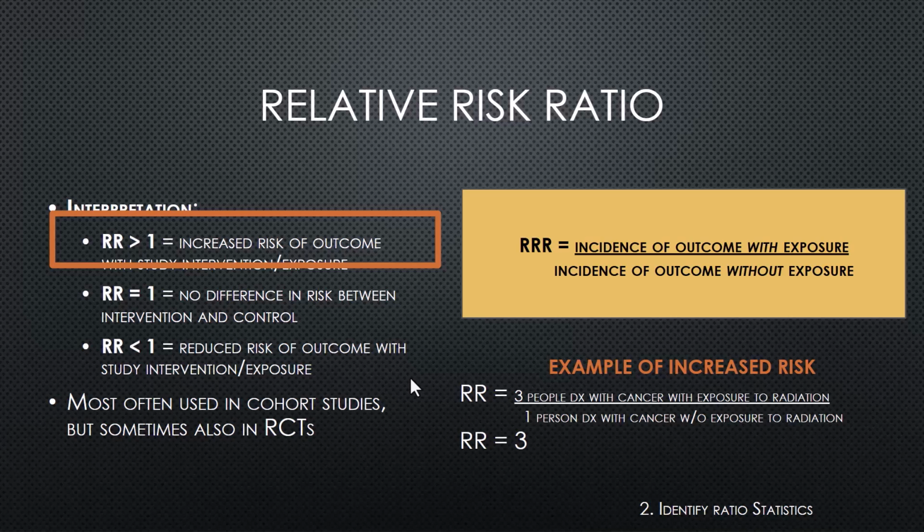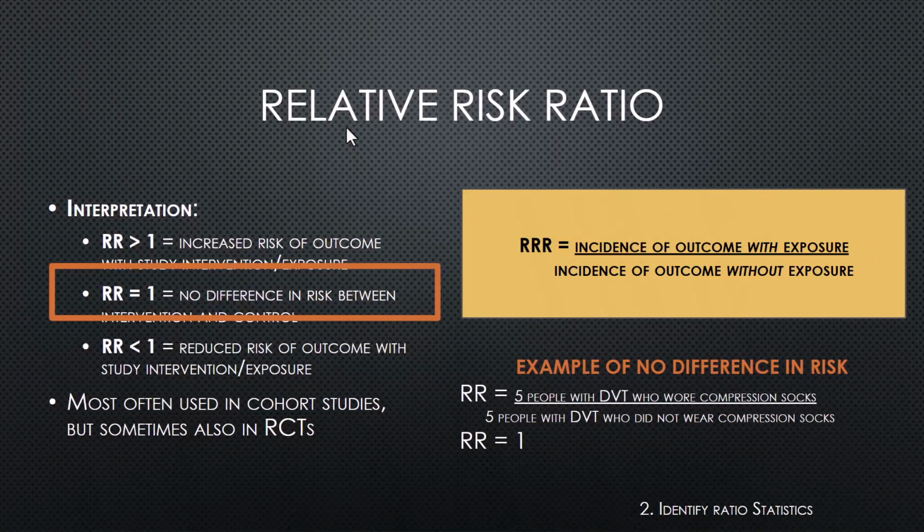So with exposure of radiation, there is an increased risk of a cancer diagnosis. Here we're looking at an outcome of DVTs with an exposure of compression socks. If we look at our relative risk, we have 5 people with a DVT who wore compression socks and 5 people with DVT who did not wear compression socks. So 5 divided by 5 is 1. Our relative risk is 1, which means there is no difference in risk between those exposed to compression socks and